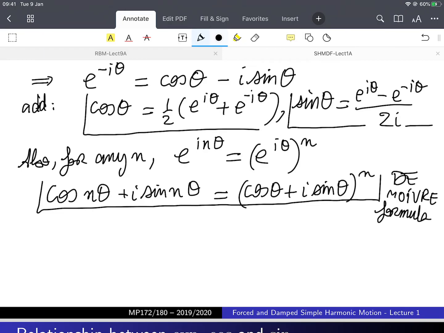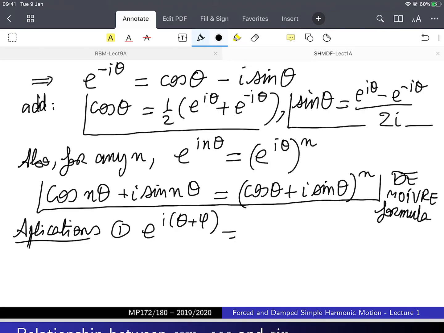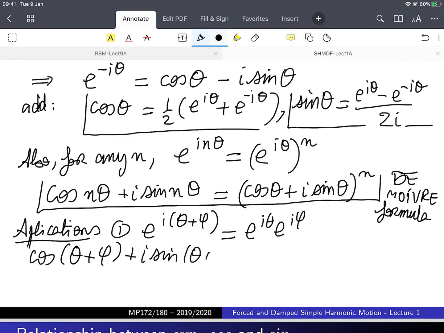You could do all sorts of applications of this. For instance, I could ask myself, what's the implication of this equality, this identity here? Exponential of a plus b is exponential a times exponential b. If I write each of those terms using my formula above, my Euler formula, I have cos theta plus phi plus I sine theta plus phi on the left, and then on the right,